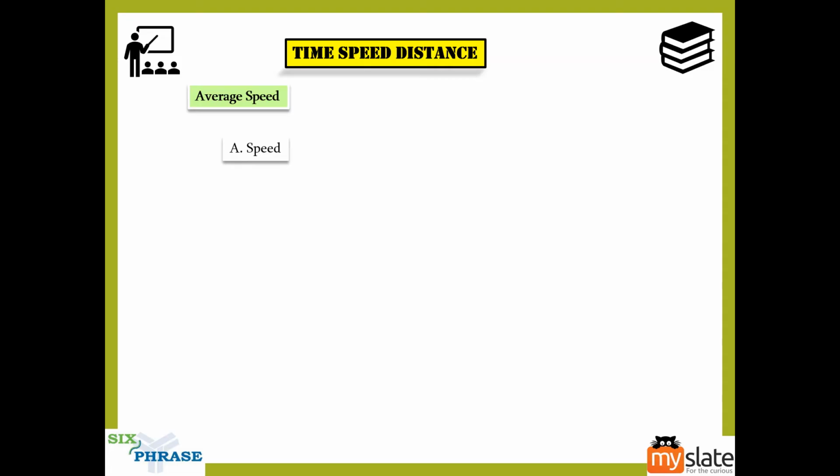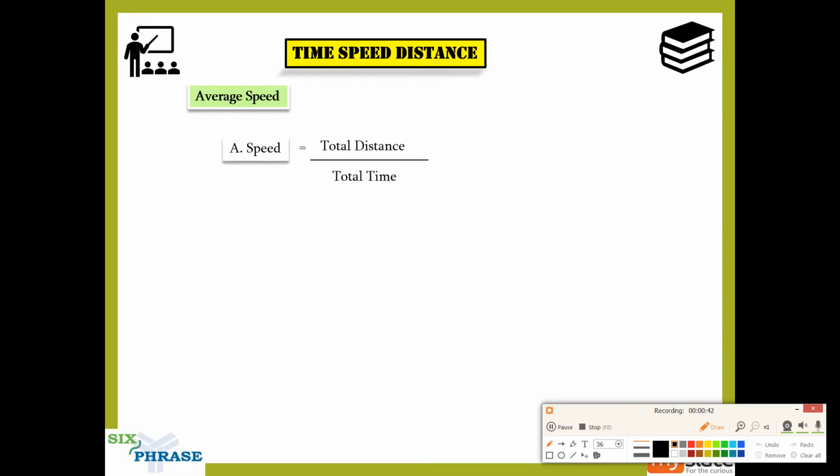Now, average speed formula is total distance by total time. Okay, this is the formula. Yes, I know some of you will know some of the shortcuts that we can use, and I'll tell you where we can use that. But one important thing is you have to know this formula, because this is the basic, this is the foundation. This is not very difficult to remember, because you see average speed, so we also have total distance by total time, right?